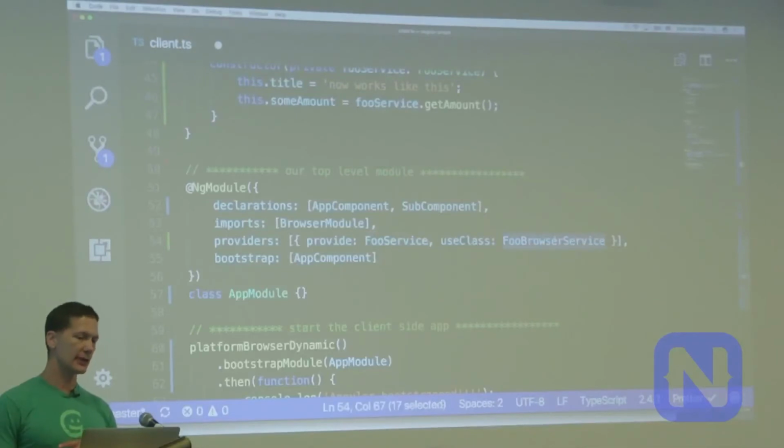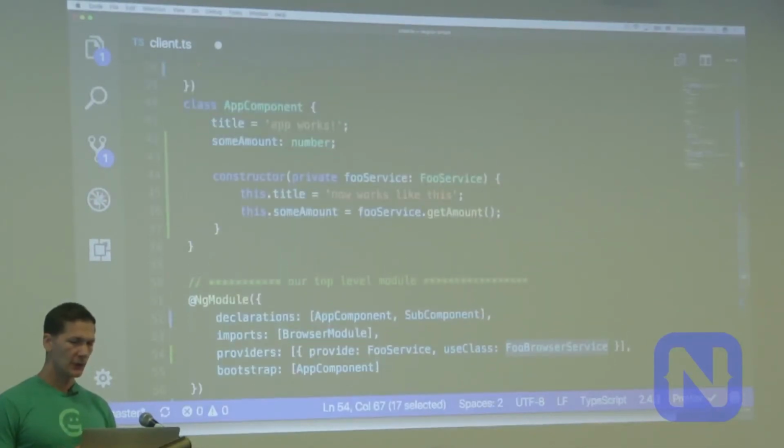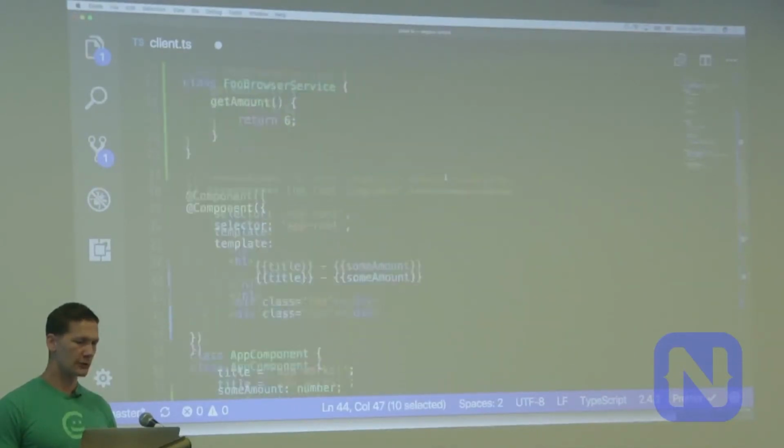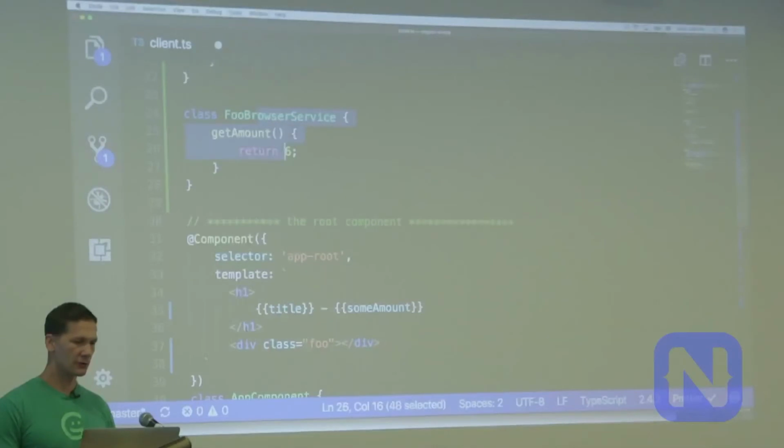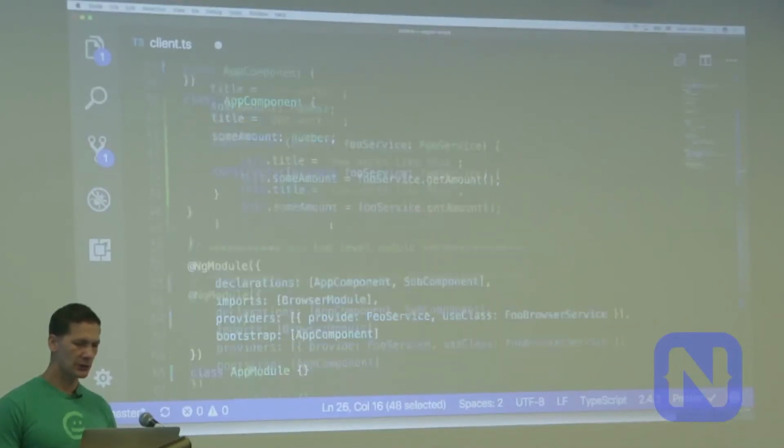Instead, provide this other thing. So here, I know the experienced people know this, but for people that are unfamiliar with Angular, what do you think some amount is going to be set to? Right, because the other alternative, foo browser service, is injected, which returns 6, and then that's what you're setting there.